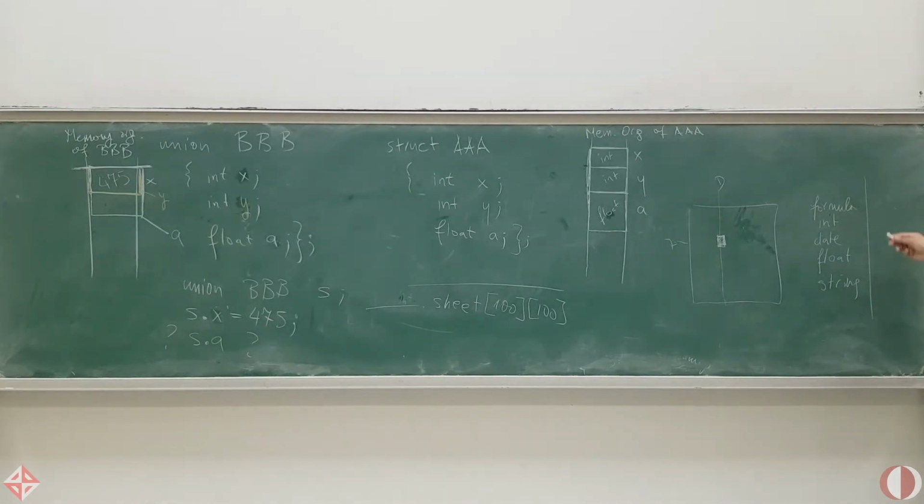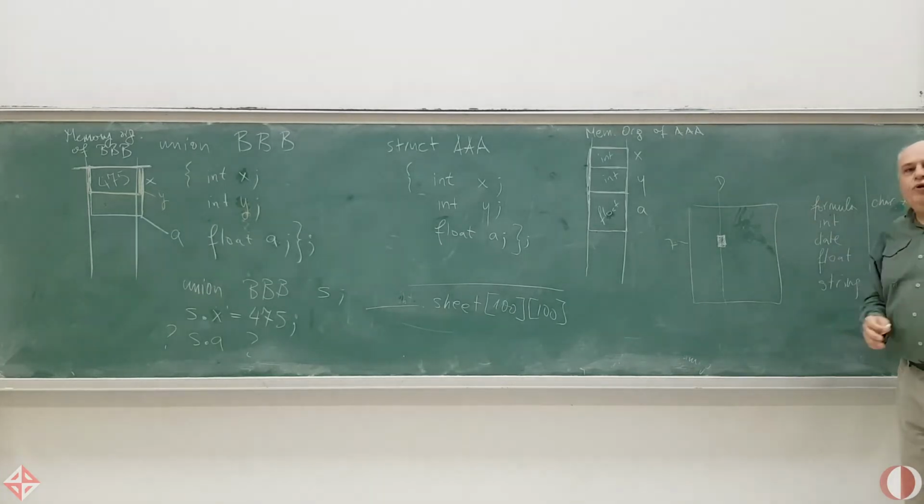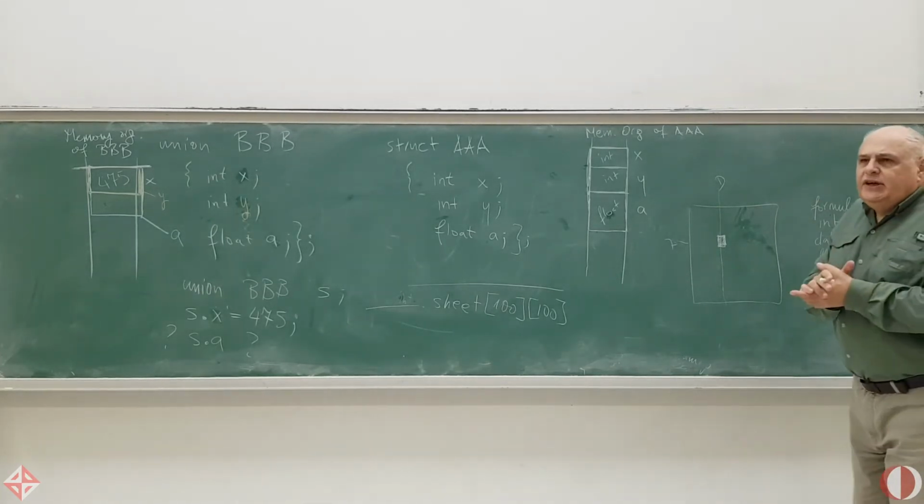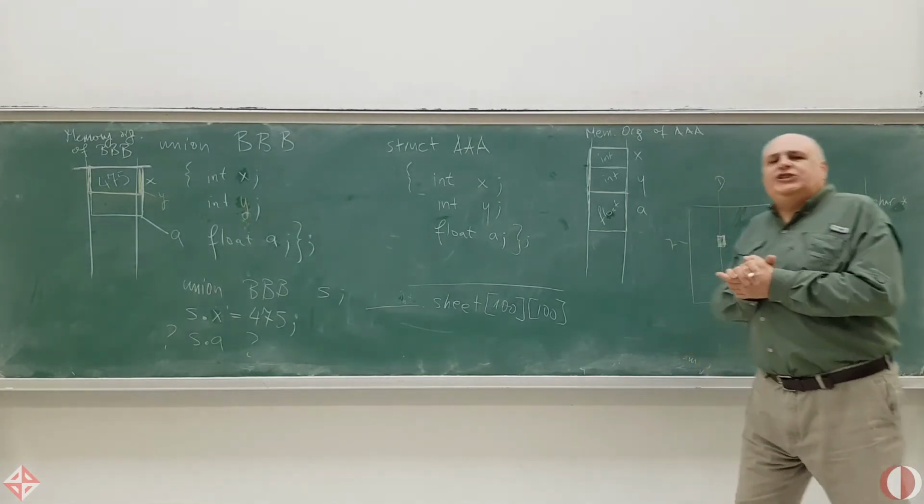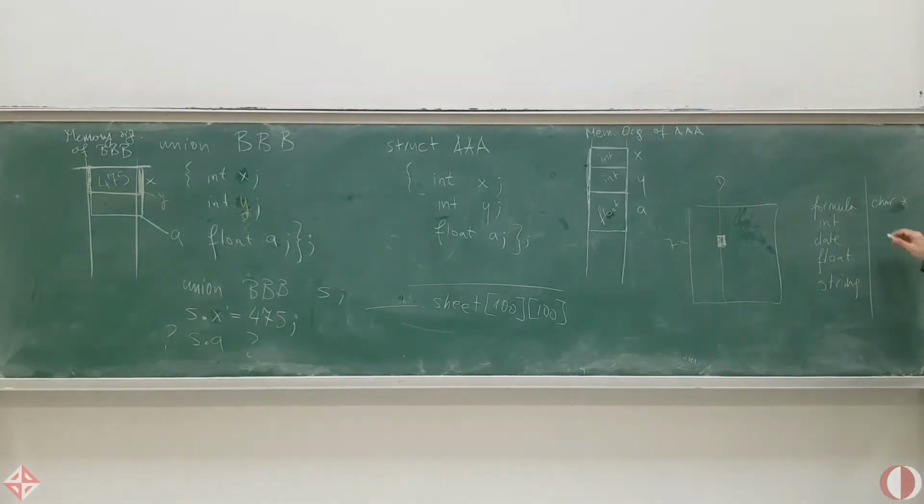For example, formula would be presumably a child pointer, or some pointer to an internal representation of the formula, an integer, a date, possibly a structure or an array,